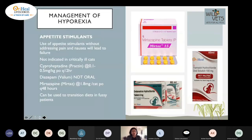Okay. Moving on to appetite stimulants. These are fairly safe appetite stimulants, but the caution while using appetite stimulants in cats is that you must never use them without first addressing